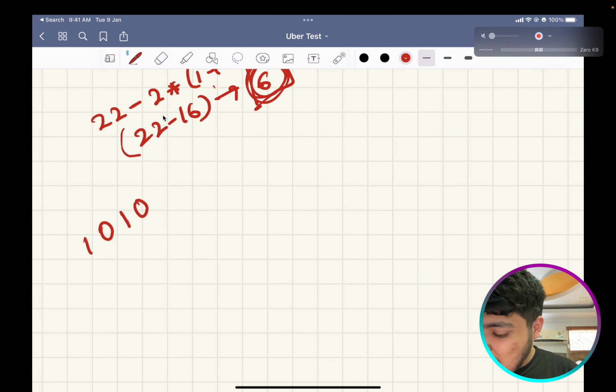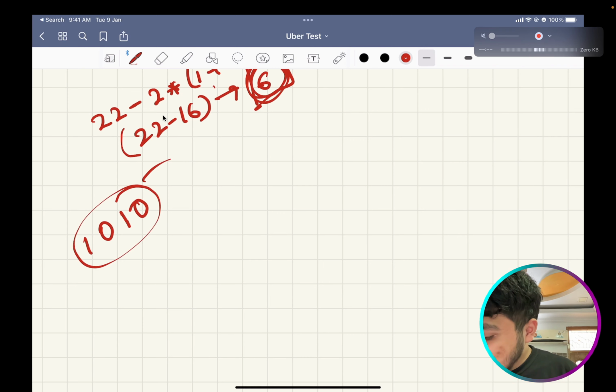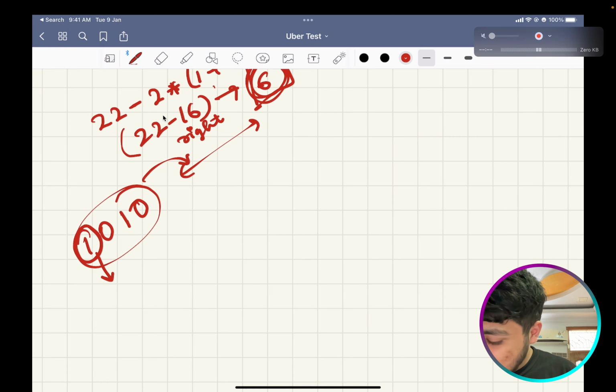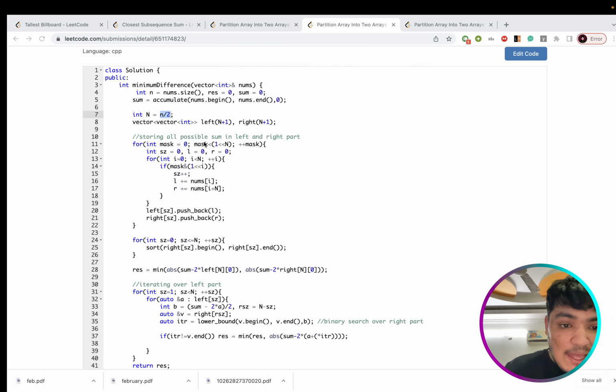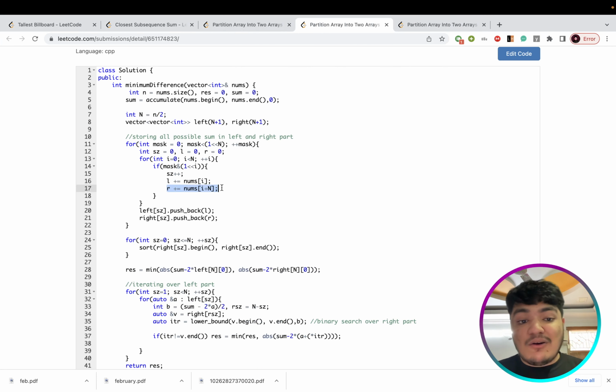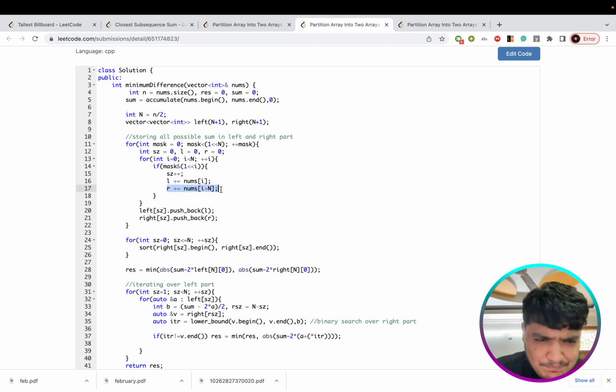you are with this bit mask, and now you are calculating this right thing. So I'm checking if this is set, then I will also consider this as set. If this is set, then I will also consider this as set. In this way I'm calculating this right sum, because both of the things are going to be identical, so I am doing this.